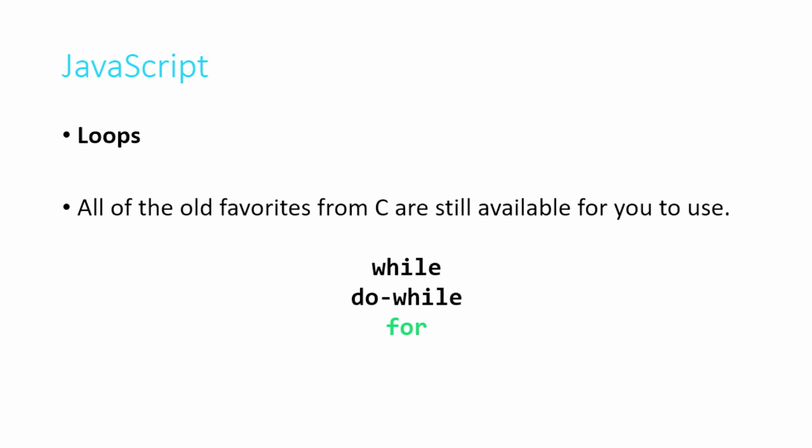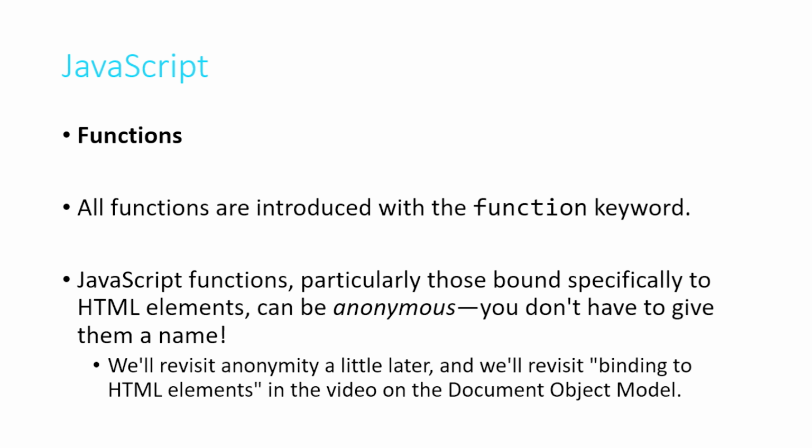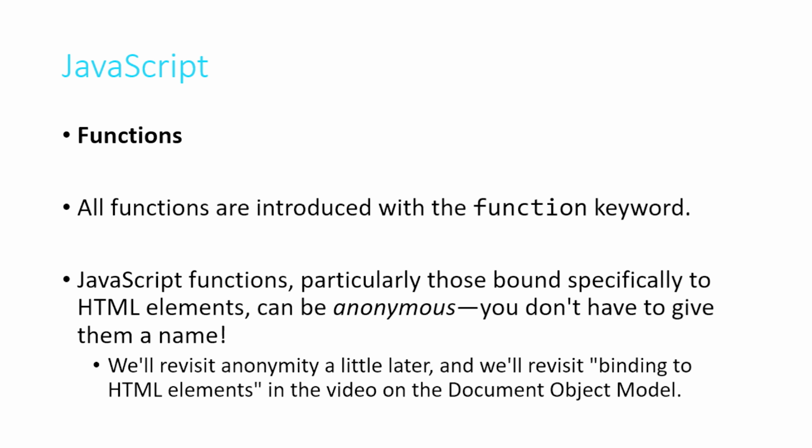While loops, do while loops, and for loops, although we do have a couple of other variations that we'll talk about in just a little bit. Now, functions in JavaScript are all introduced with the function keyword. So we say function, provide a function name, any parameters, and then we define our function between curly braces just as we would in C, except in C, of course, we're not using the function keyword. But there's also a catch with JavaScript, which is that functions can be anonymous, meaning you don't have to give